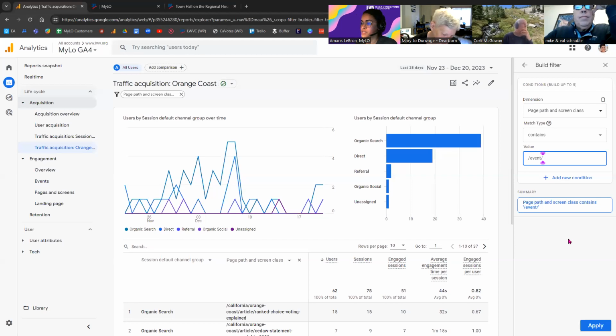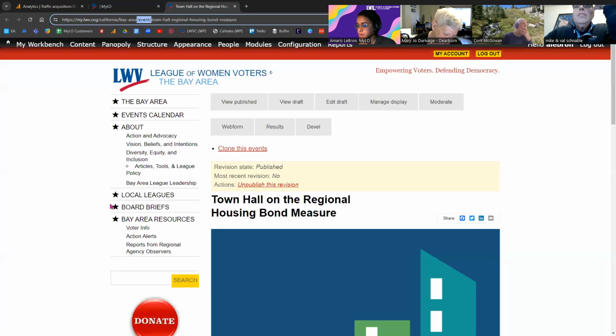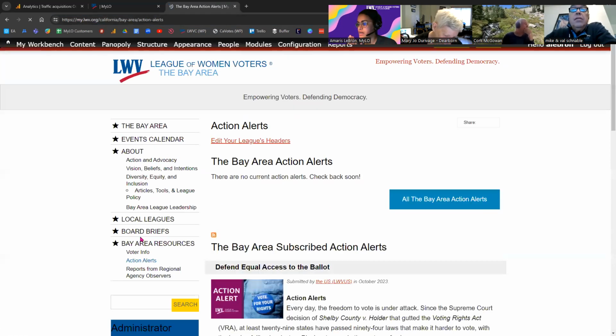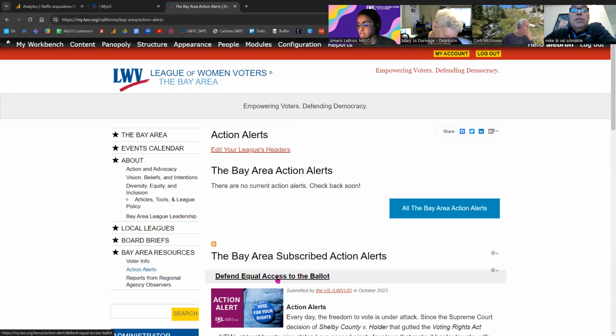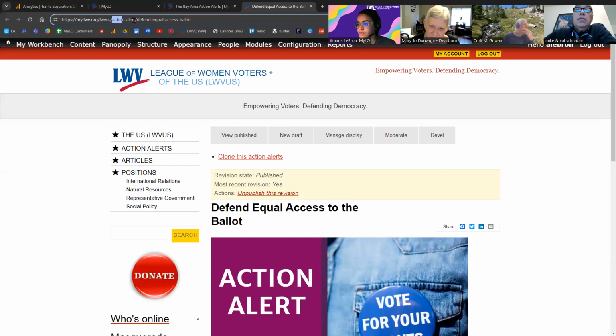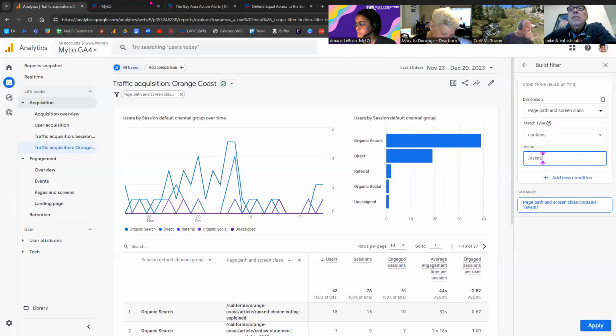And the same thing for positions. It'll also have the /position/. Which other one am I forgetting? Action alerts as well. So we would see /action-alert. Here's one from the National League. So we would always see /action-alert preceding whatever the page title is for that action alert. So